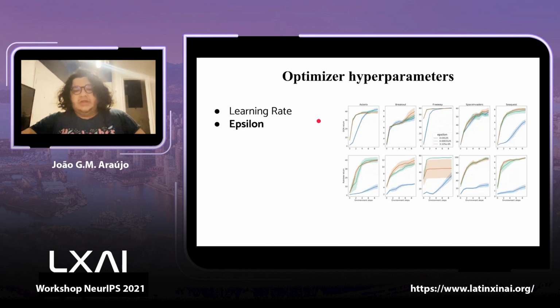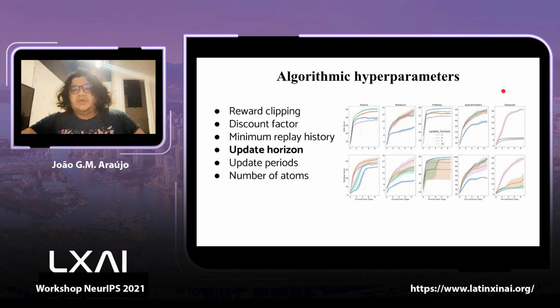Here we see that you can't just copy hyperparameters from one algorithm to the other because their robustness is very different, and sometimes the best value for one is not the best for the other. And here we can see that you can't just copy the hyperparameters from one environment to another, because again, the best one can be very different and the difference in performance can be substantial.